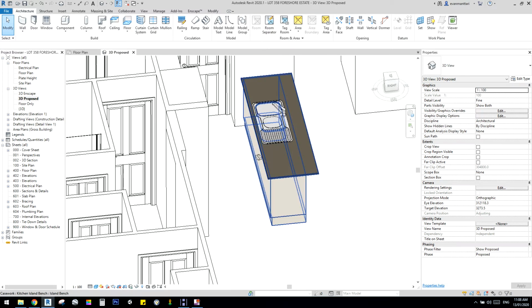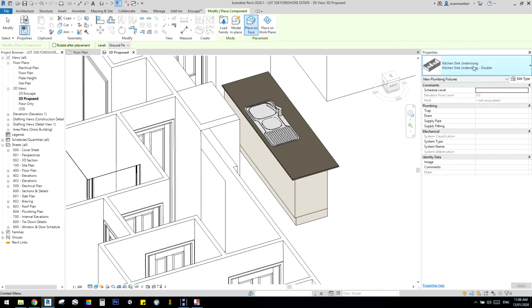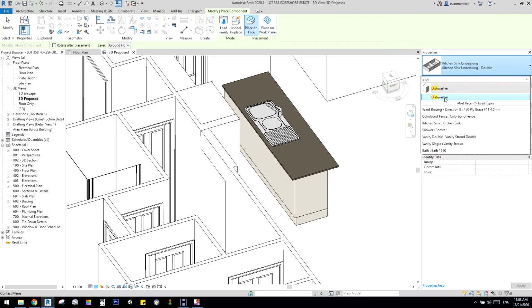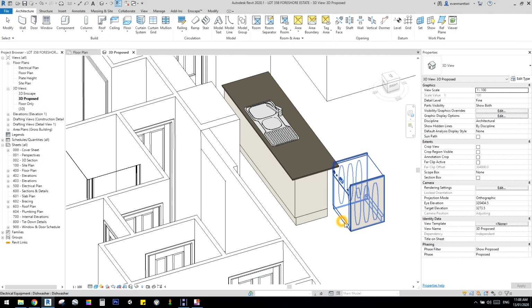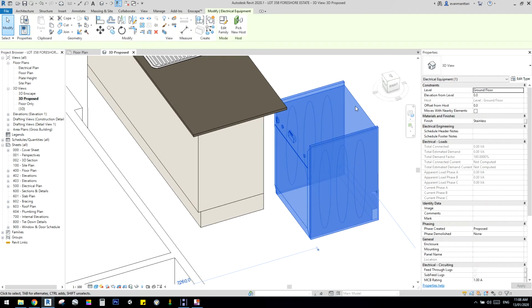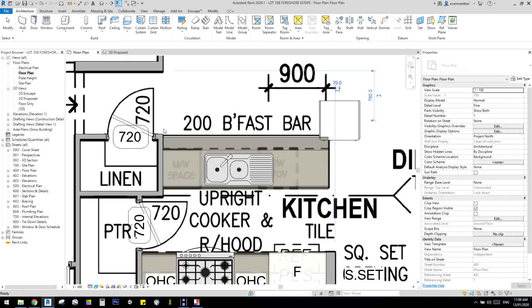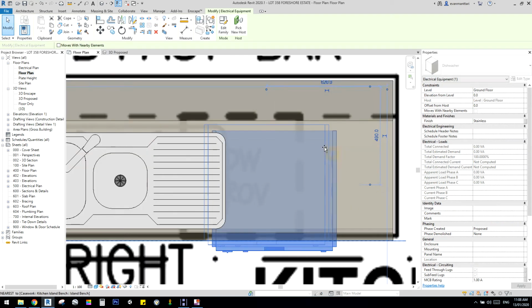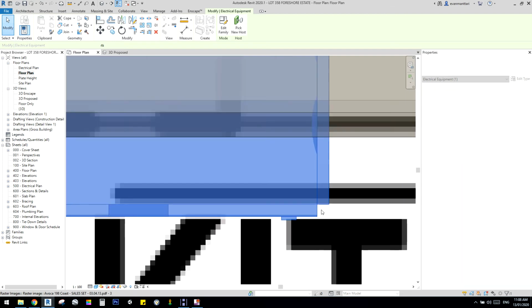To finish off this island bench, what you probably want to do is put a dishwasher in. So let's just go component. Again, you can do this in plan view or 3D view, it doesn't matter. Dishwasher, the only difference with the dishwasher now is I've actually put the side panels of the dishwasher. It's only a small thing, but it really makes all the difference when you're looking at, you'll notice, here, there